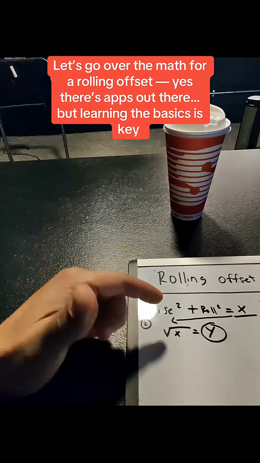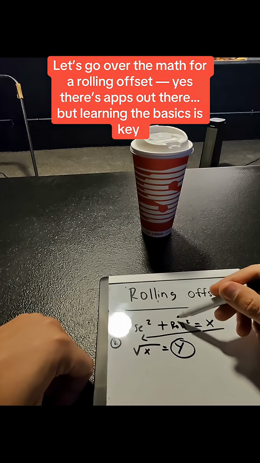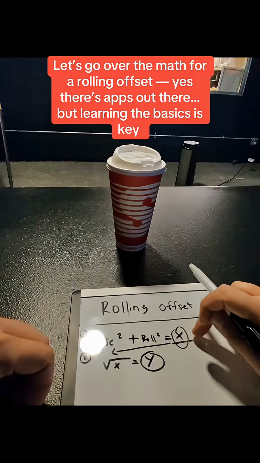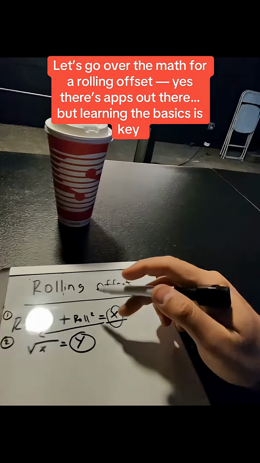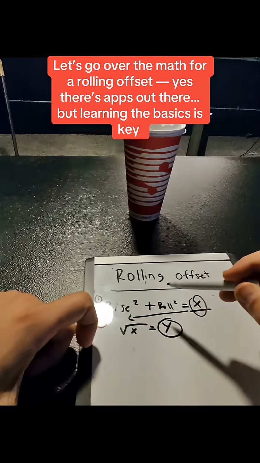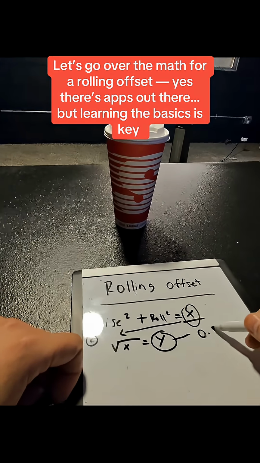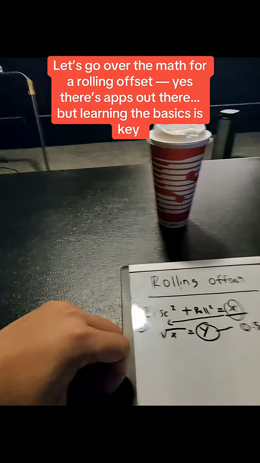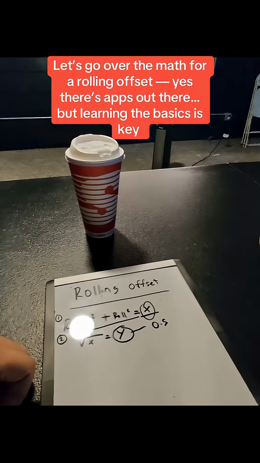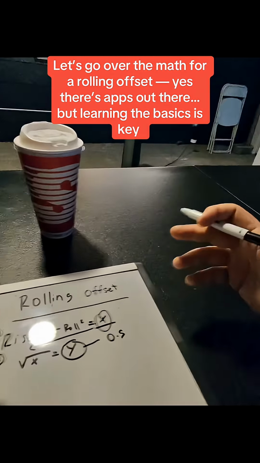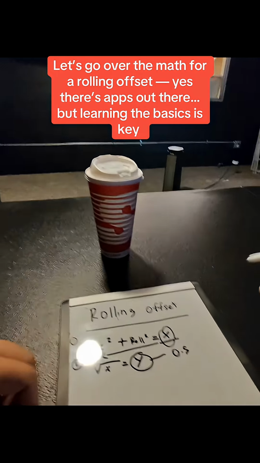Rolling offsets. Rise squared plus roll squared is going to equal x. That's our x, that's what we're looking for. After you get x, you're simply going to square root it. Bam. And that's going to give you this y right here, which is your actual offset. Once you obtain that, you're going to multiply it by your multiplier, whether that's a multiplier of 2 for 30 degrees, or 1.4, 1.41, I use 1.4 for 45 degrees, and so